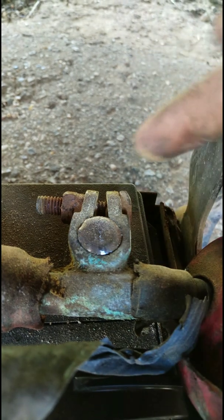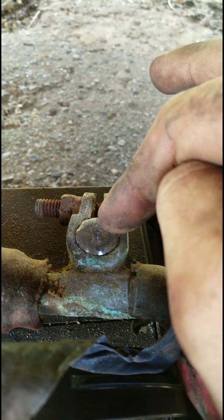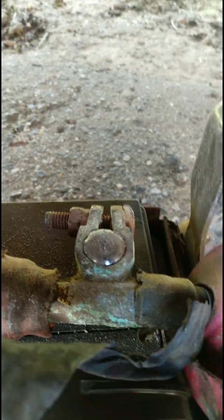Welcome back. I've decided there's a lot of daisy chaining and extra wires going on. I'm just going to take off this bolt going through the terminal and connect directly between this flat side and the terminal. So I'm going to take this bolt all the way out, attach a